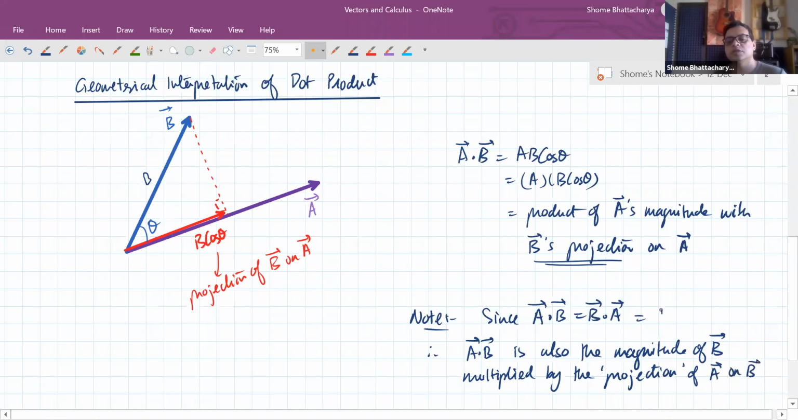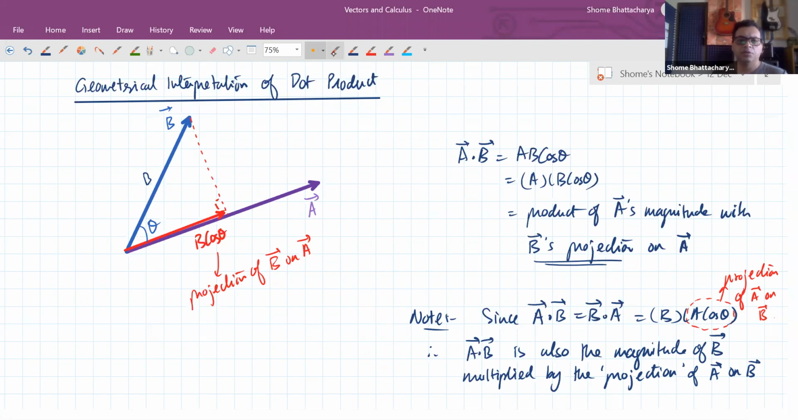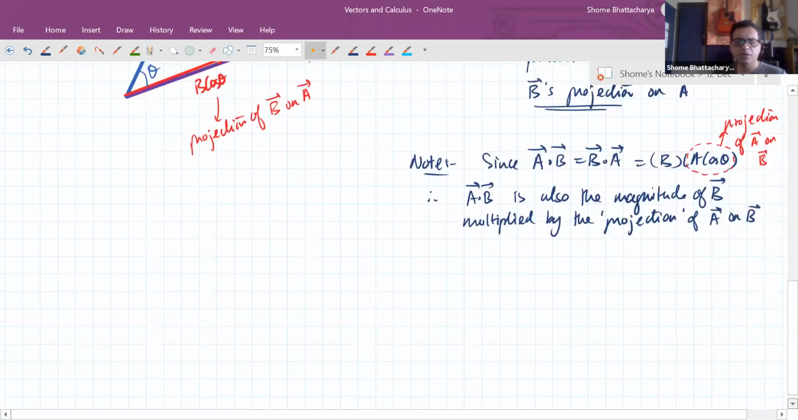In other words, we can also write it as B into A cos theta. Okay. So A cos theta here would be the projection of A on B. So this is the geometrical interpretation. Okay. And because of this geometrical interpretation, we can see that as far as physics is concerned, the most important application